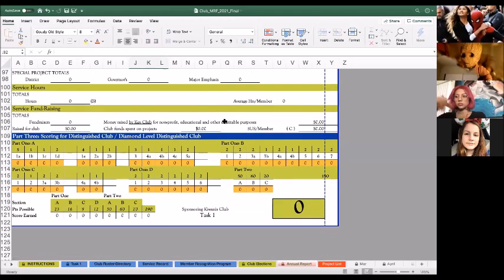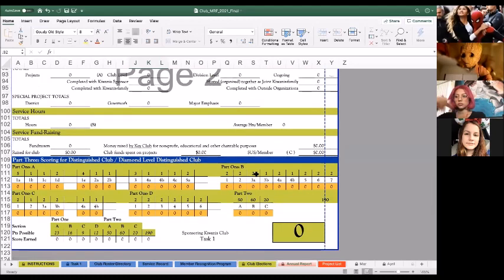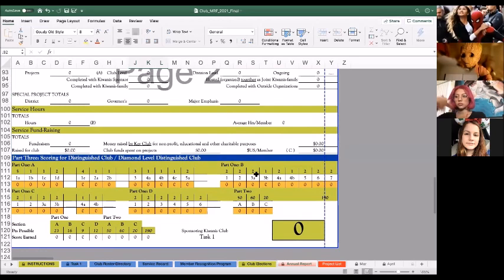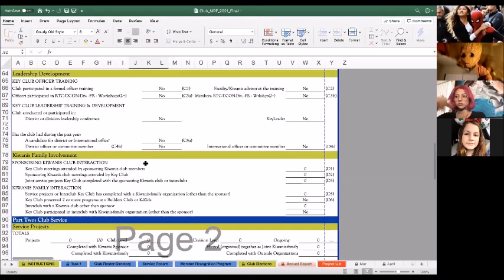Where there's a 0 now, it's a 0 because we have not really filled out this MRF. But by the time the term is over, there will be a different number based on how your club has done overall. And if it meets a specific guideline, the minimum to get recognized for distinguished or diamond distinguished, that will get you recognized on the district or international level.